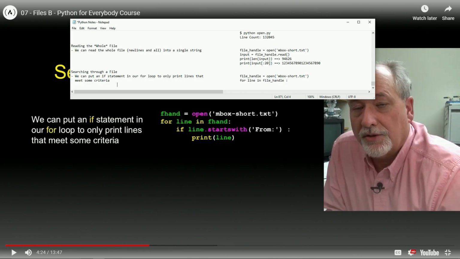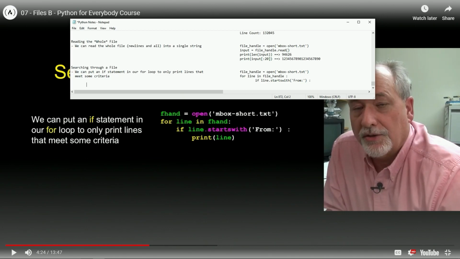For line in file handle. All right. What are we going to do? We're going to say if line dot startswith, and it'll start with From. If it starts with From, we're going to print that line.